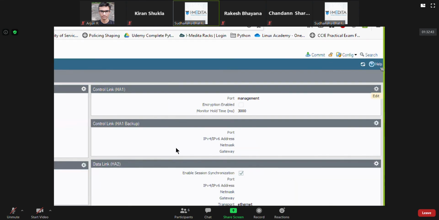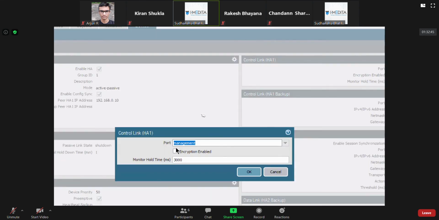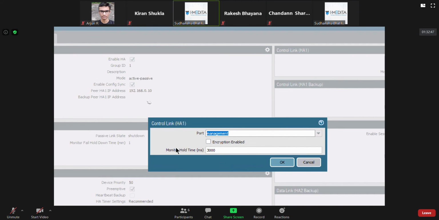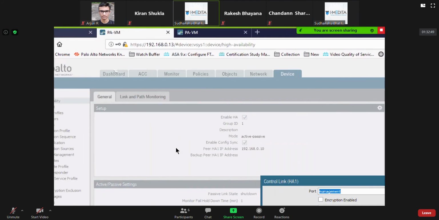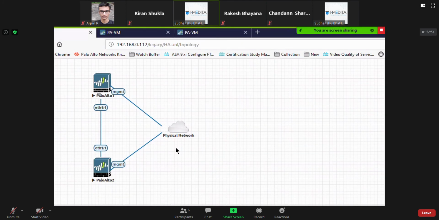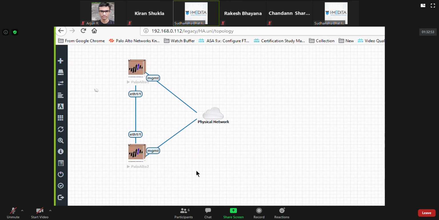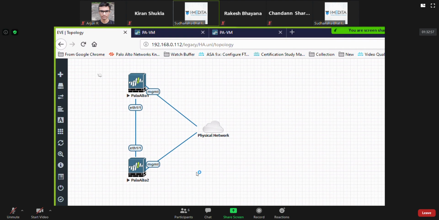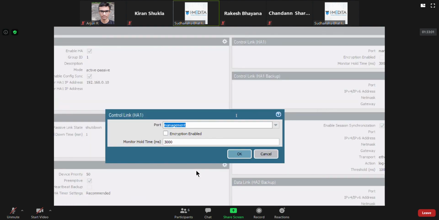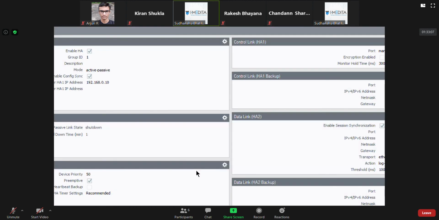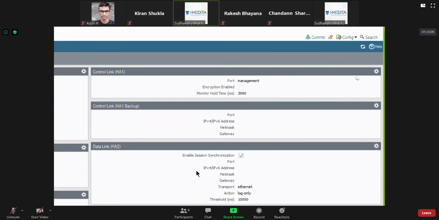Also, if you want encrypted communication, in our case, if it is going directly between the two firewalls, whether you have encryption or not doesn't matter much. But if it goes through a switch or a router, then you can have encrypted communication. But for us, we are not enabling any encryption. So actually I didn't configure anything on this.